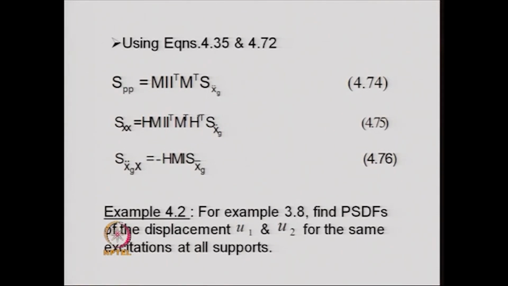So, it is a single quantity at each frequency, and the cross power spectral density function between the ground acceleration and the displacement will be equal to minus H M I S x double dot G,